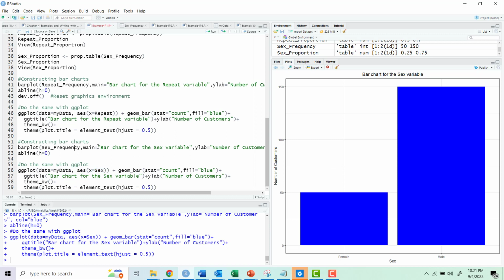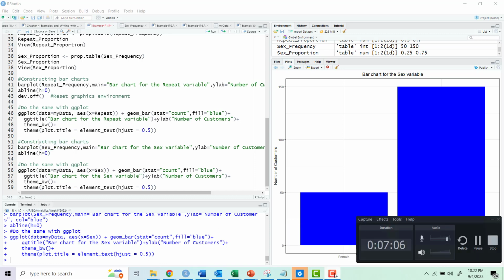So that's just two ways of doing it. This little exercise was all about these simple categorical summaries and creating bar graphs. We've done bar graphs both the book way with barplot, and I've also added ggplot. Okay, that's about